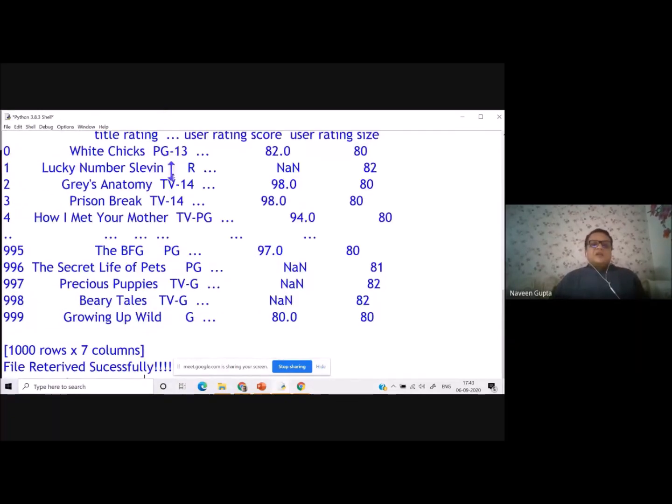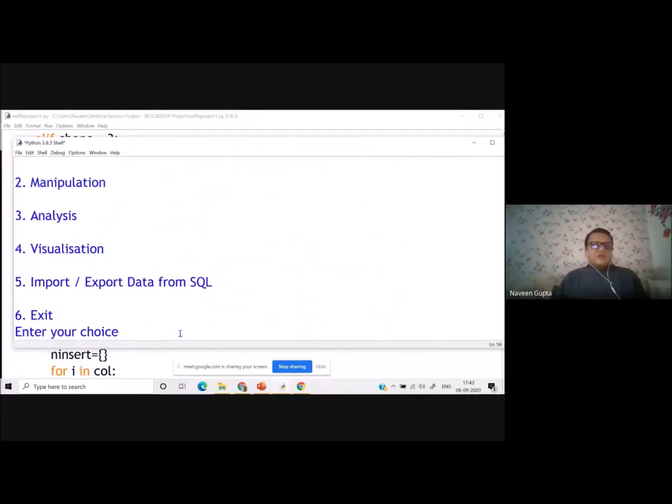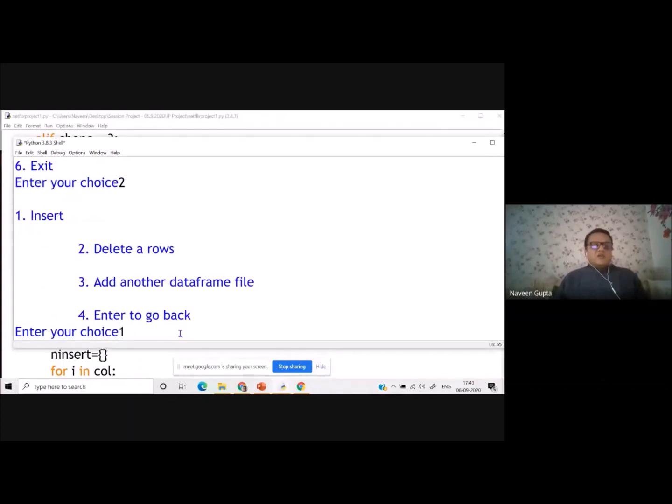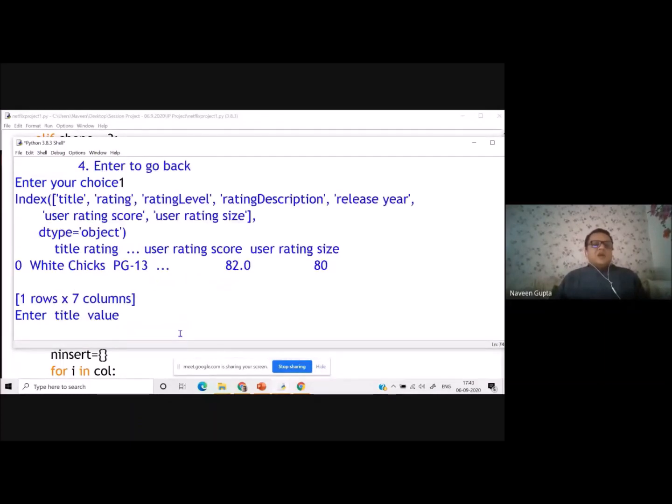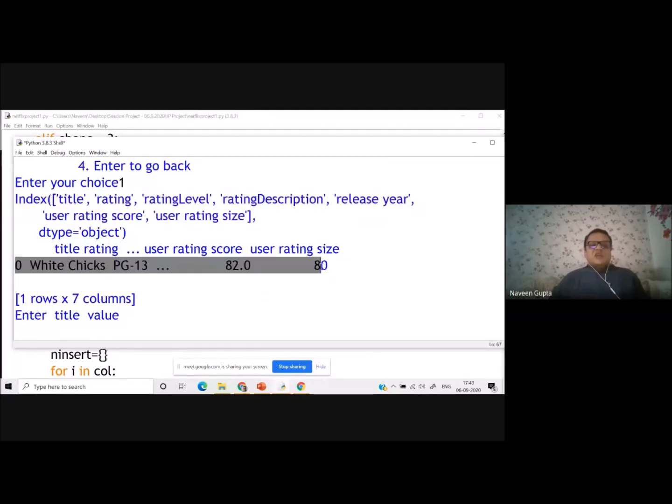So this is my data set. I'll say yes. So I was going to do manipulation. I want to insert. If you see the code which I have written, it's displaying me all the column names. So these are my column names. And this is the first row so that I'll get to know what type of value I need to insert.